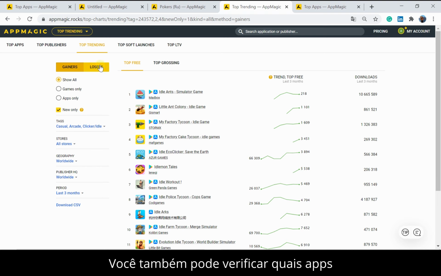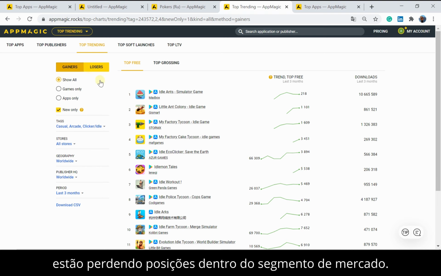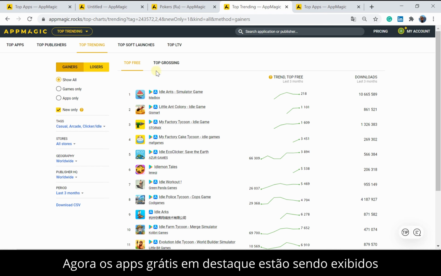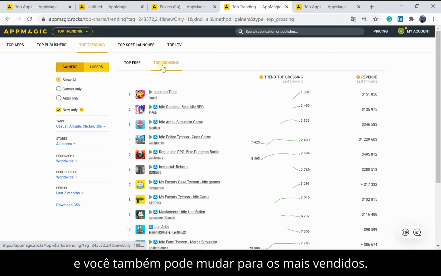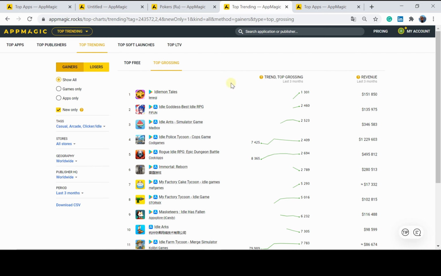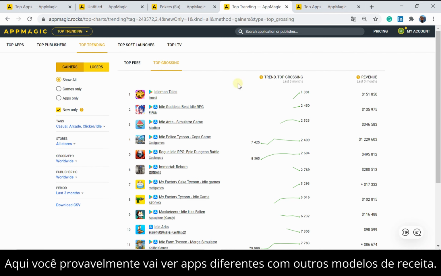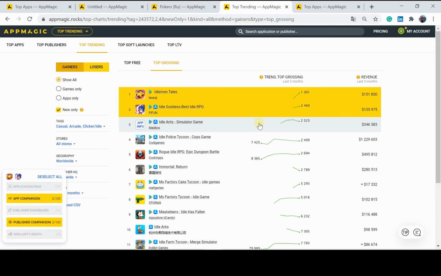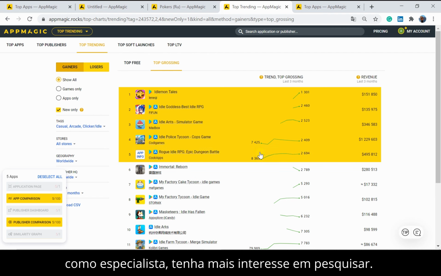You can also check what apps have been losing positions within the market segment, but in this case, let's focus on successful titles. Now top free apps are displayed, and you can switch to top grossing as well. Here you will probably see different apps with other revenue models. You can focus on the metric which you as a specialist are most interested in